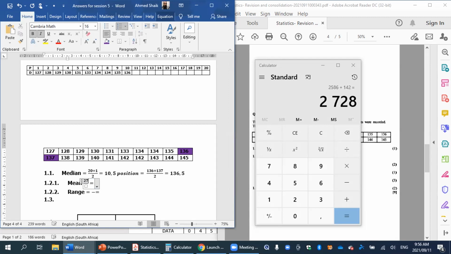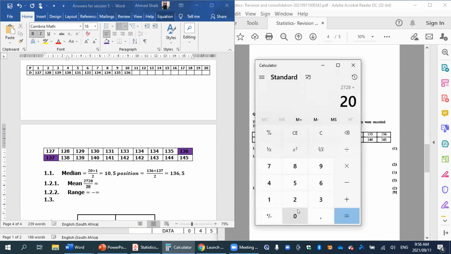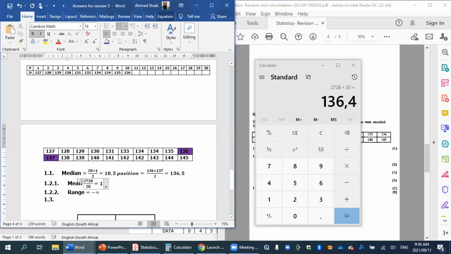is 2728, and we established that we have 20 values in our data set. Let's calculate that. So divided by 20. Okay, so our mean calculation was 2728 divided by 20, and it gives us an answer of 136.4